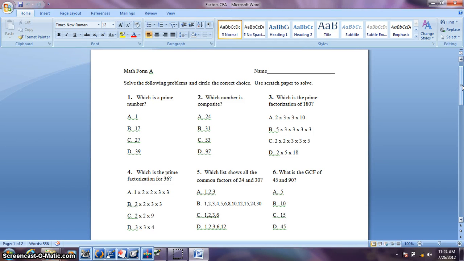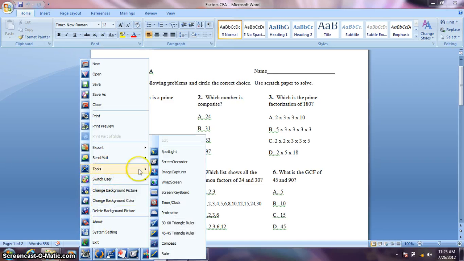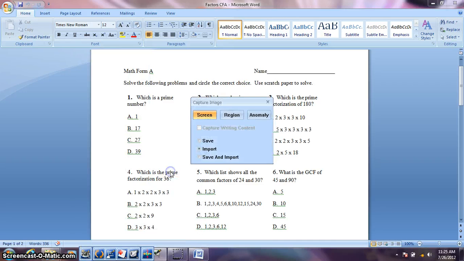However, the teacher has to wait until all of the students are done with question number 6 in order to slide it down. Or maybe they're done with number 3 and then slide it down. Here's a really neat feature of the QOMO. We're going to go to our Start menu. We're going to go up to Tools, go over to Image Capture, and I like to click on Save and